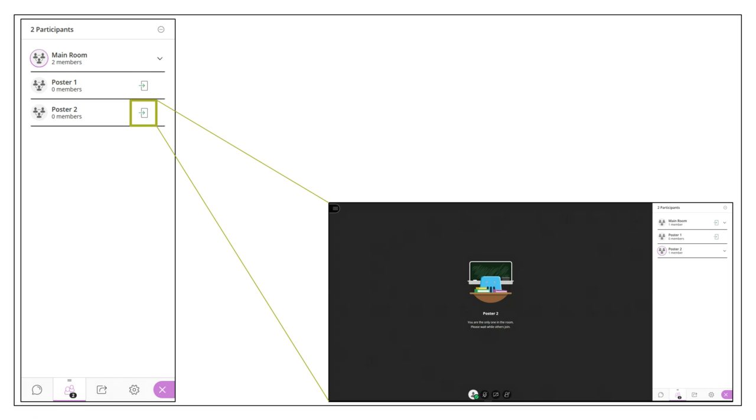Do you guys want to practice that and move into a poster session? Sure. Okay. Just go into one? Go ahead. Yep, just go into one and